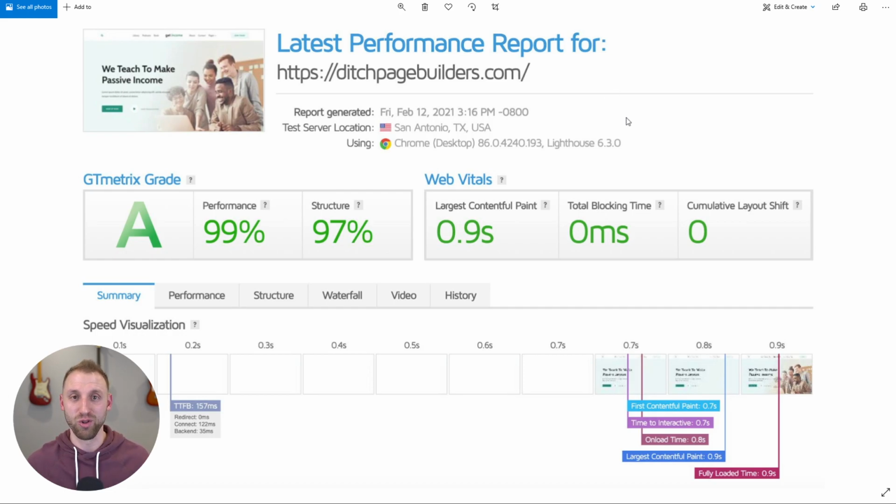I'm seeing largest contentful paints anywhere from 6 to 10 seconds. People have a D, E, or an F for a GTmetrix grade, and they just have no clue where to start. And I'll tell you that by changing simply your hosting, which is the number one most important thing,